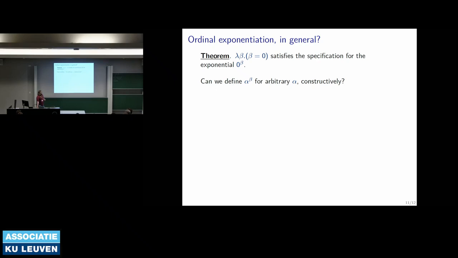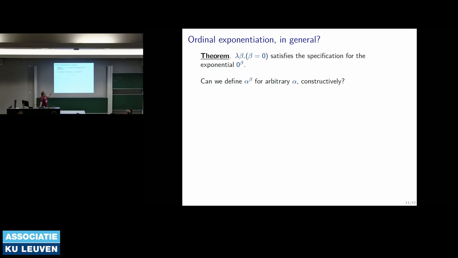Okay, so we did the 1 plus gamma case, and you can also do the 0 case. So if you want to define 0 to the beta, well, we want 0 to the 0 to be 1, so we can't just say that this is constantly 0, but if beta is not 0, then we want it to be 0. So we just say, okay, lambda beta equals 0 satisfies this specification. So if beta is 0, then this is 0 equals 0, and ordinals are set, so there's only one such thing. And if beta is not 0, then